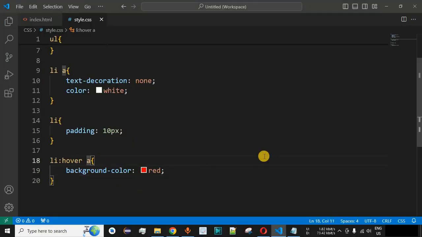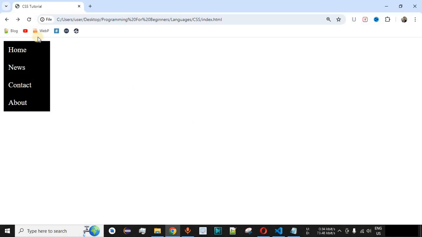Now guys, we want the entire li element to have the background color as red. So what we can do is, if we simply remove this a tag, then basically the entire li element should have the background color as red over here. Let me just save this file now and try reloading this page once again on the browser. So now if you see, on the hover of the li element, the entire list element is now getting the background color as red, and this is one of the important implementations as far as this vertical navigation bar is concerned.